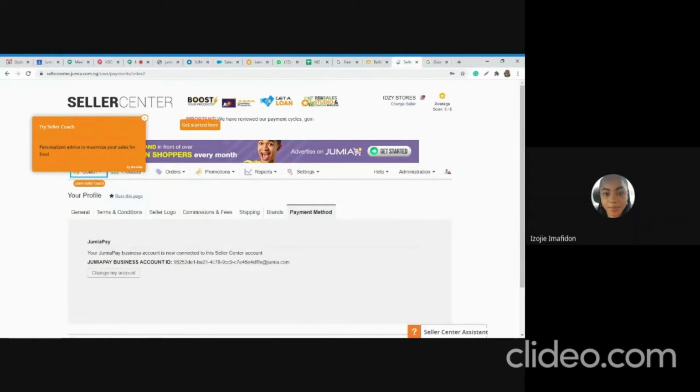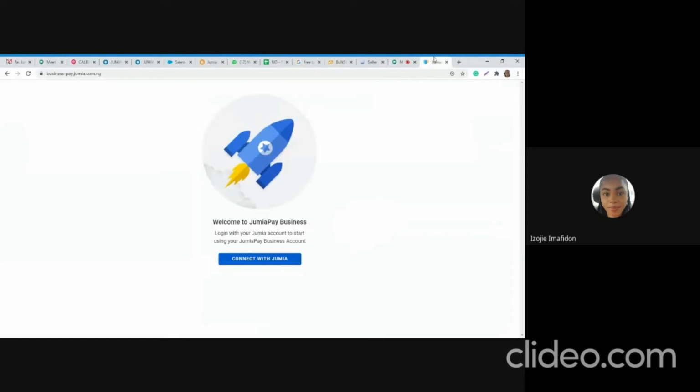So this is the first step. I'm going to take us through the second step, which is how do I add a payment method, basically. Now, in adding your payment method, the first thing you need to do is you need to go to the link